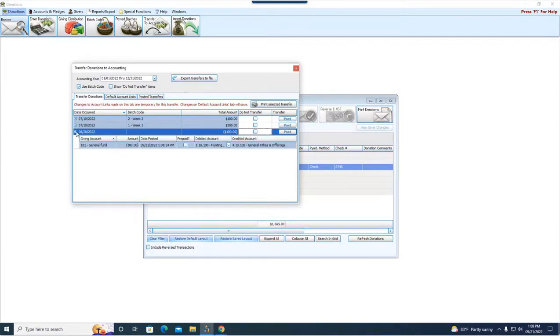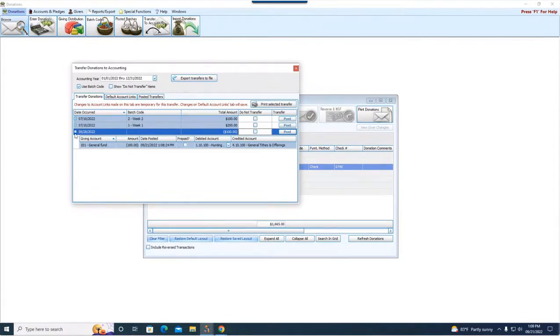So what that would do is if we transferred that over, it would show up as a negative $100 on our Huntington Bank checking and a deduction or a debit to the general tithes and offerings account with a date of 8/28. Well, that's not how the bank statement records that, okay? So what we're going to do here is simply put a check mark in the box, do not transfer. But before we do that, we do want to make a note of what the debit and the credit accounts are, because that's what we're going to then manually fix in